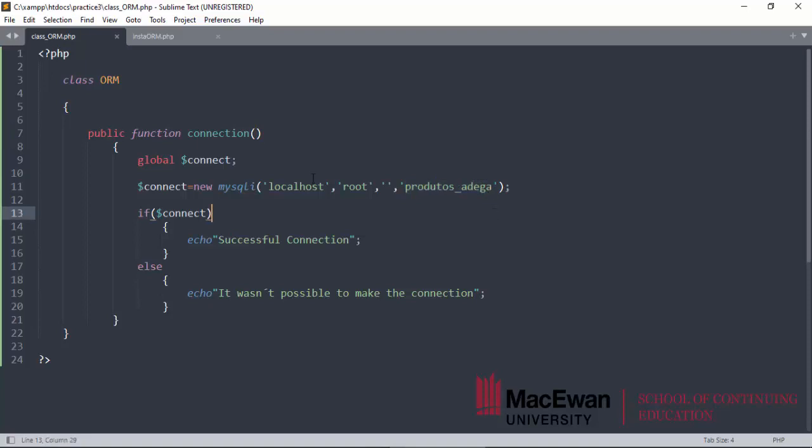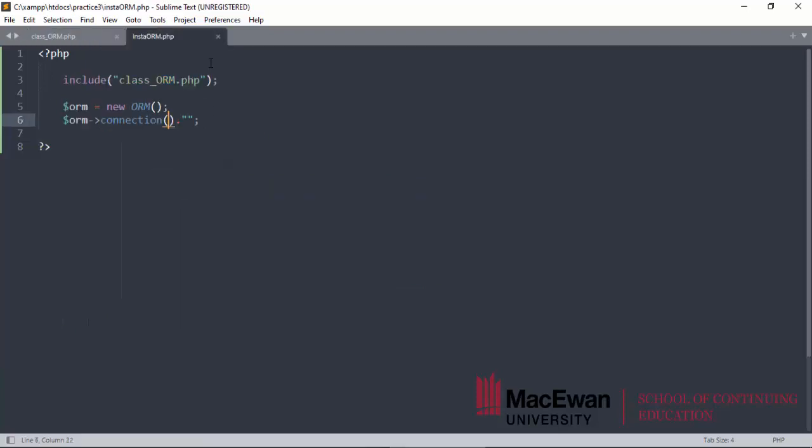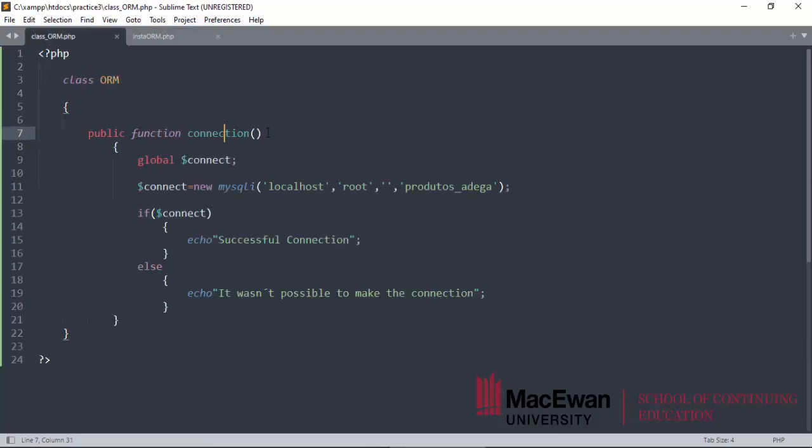I simply use the MySQL native function, and through the function connection, I simply pass some values to the arguments, and according to the user,